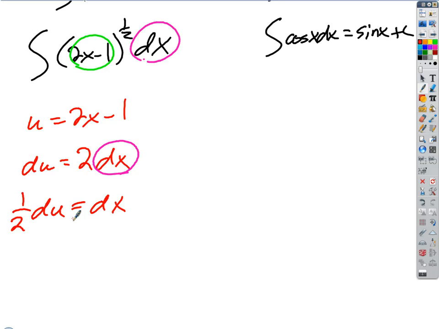So this looks just like the other one: the integral of u to the 1/2 times dx, which is a 1/2, which will stick out front, du. Okay, what's our answer? 1/2